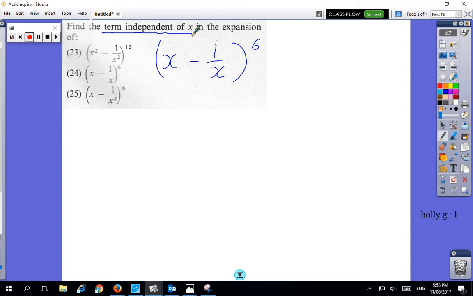Now, if we expanded this out and pretended this was x and this was y, we would get this pattern we're quite familiar with, which is x^6 plus 6c6... sorry, 6c0 x^6, plus 6c1 x^5 y^1, etc., all the way across. Now, what I'm looking for in this case, because this is x and this is 1 on x,